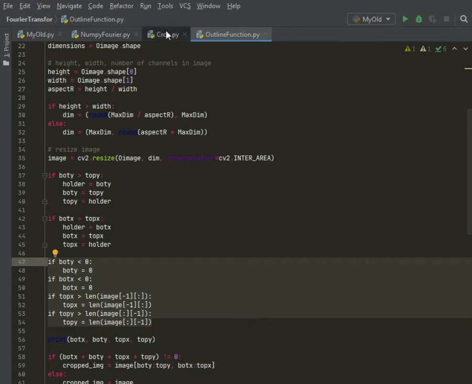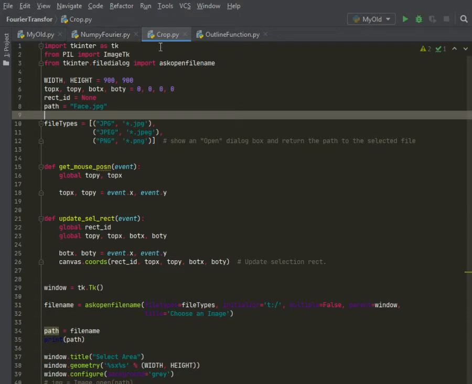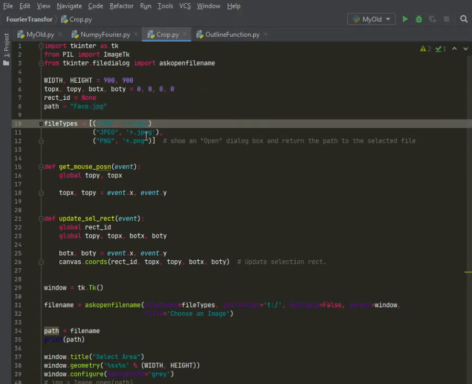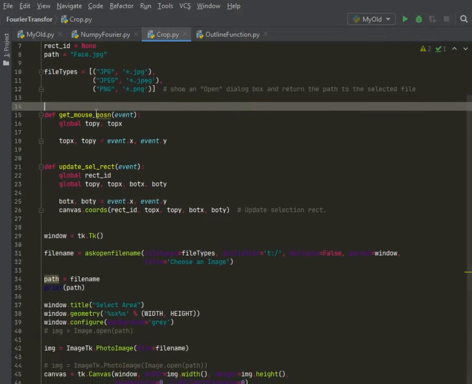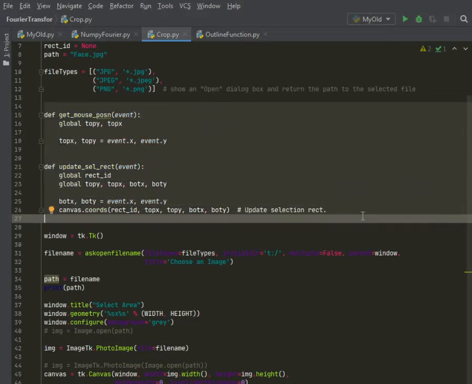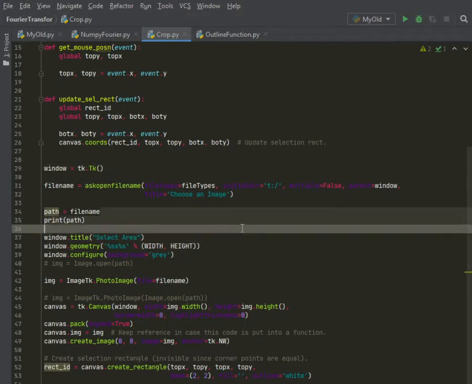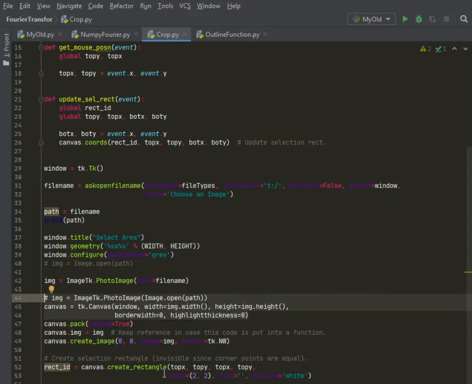So this is the code for our part F for the Fourier series prac. The first function which is going to be called is our crop function. The crop function calls the file, makes you select a file, a JPEG or a PNG, and also allows you to crop it, which it does by getting the X and Y values for your mouse when you make a rectangle to crop. This is for displaying the actual image and the rectangle which you're going to see to crop with,